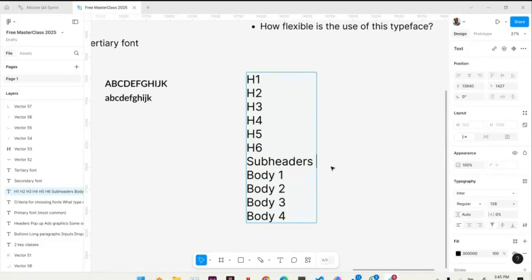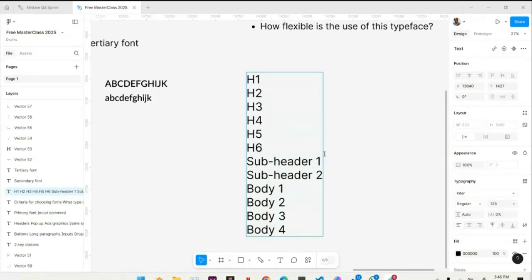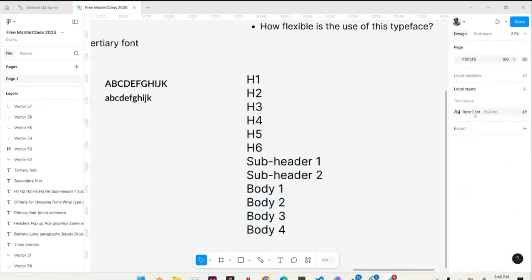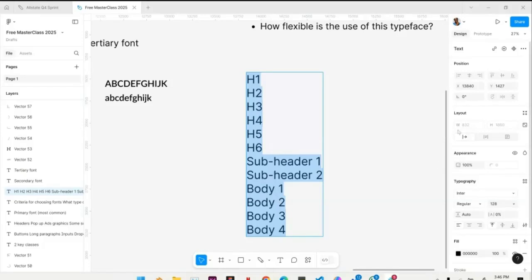So you can have header 1, you can have a sub header 2. You can have 1 or 2 or 3. Really, it depends on what you are trying to achieve and how flexible you want to set your scale. You're going to set everything. Now, we can say these base fonts that we have already set, that base font of 16 should pretty much be our body 2. I can just say in brackets,